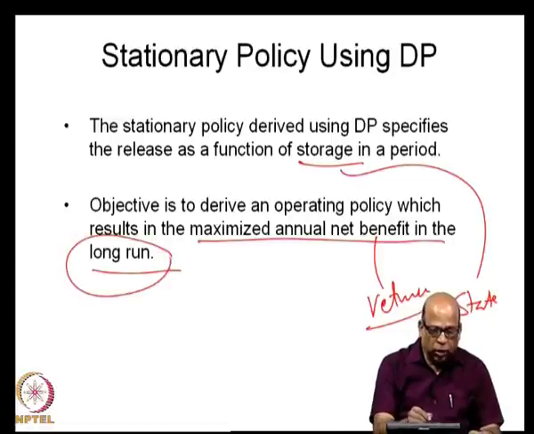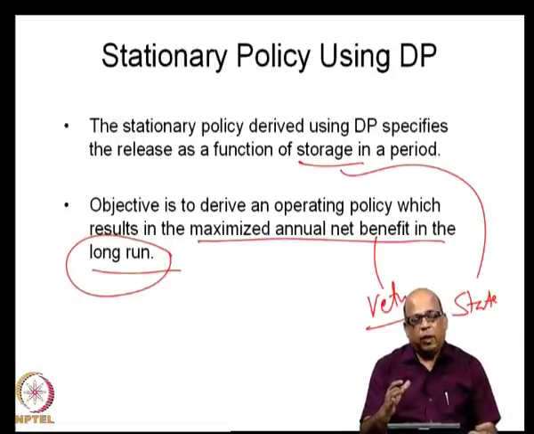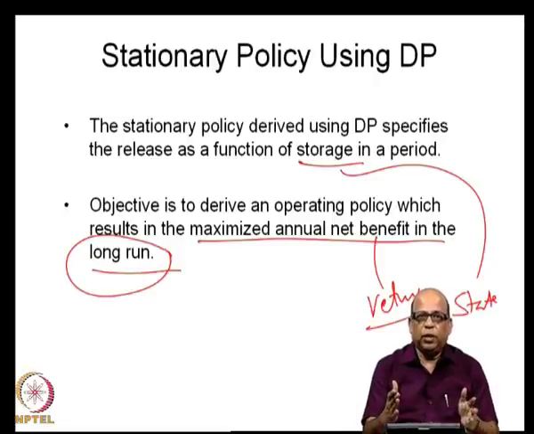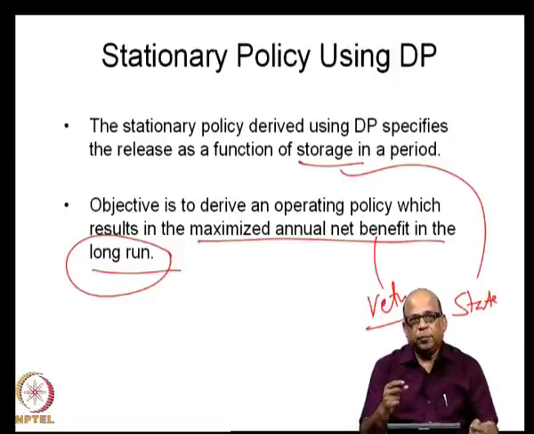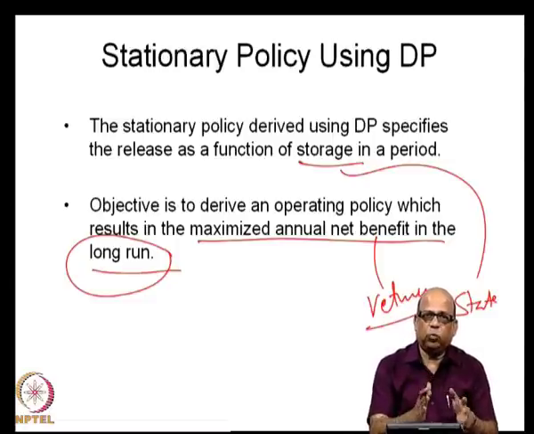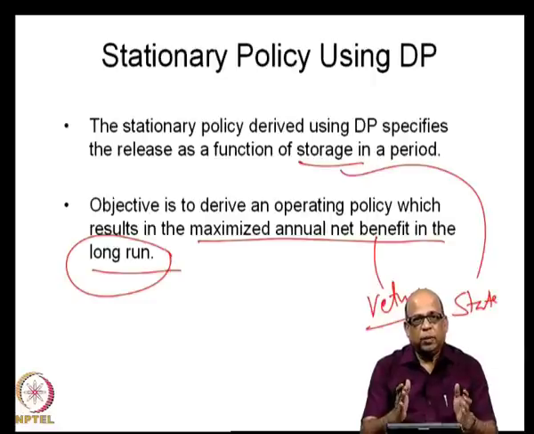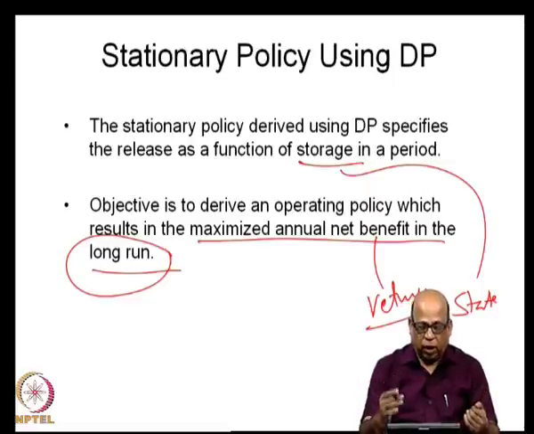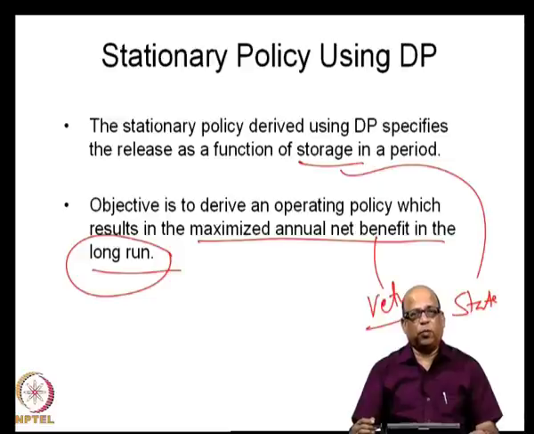Now, this in the long run is what is important. As I said, the steady state policy is typically applied over a long period of time, over 5 years, 10 years and so on, as against the policies that we discussed earlier, which were typically for 1 year. That means you take a 1 year time horizon, optimize that and then use that for that particular year. Now, that need not be optimal in the sense of long term returns that you get, and therefore, we go for what are called the steady state policies or the stationary policies.